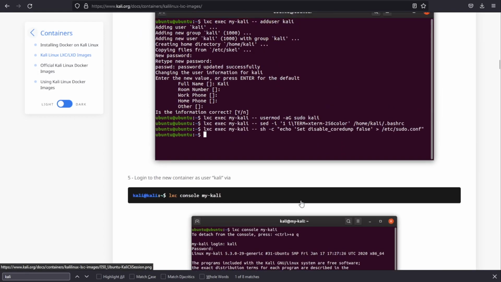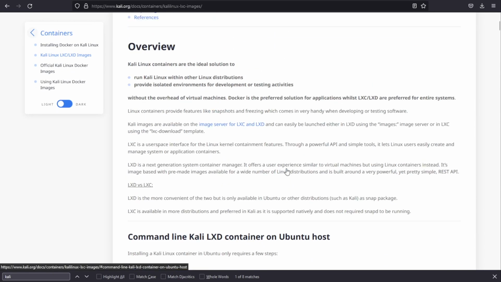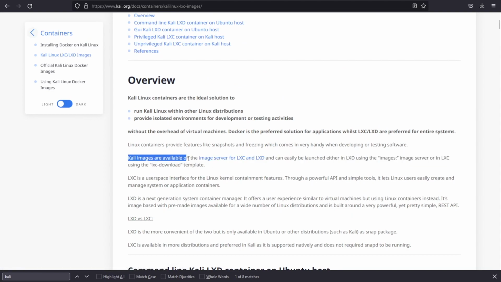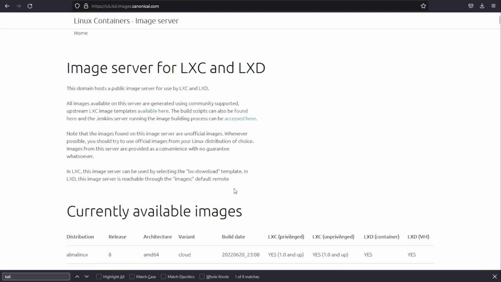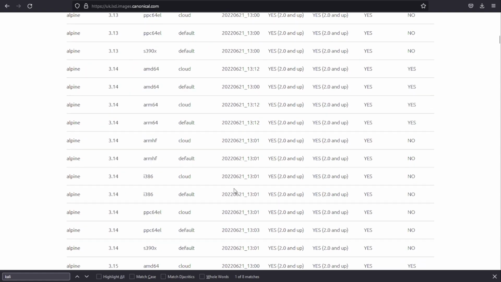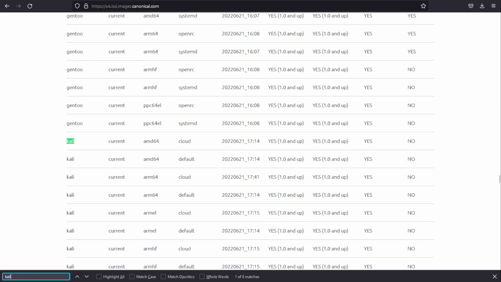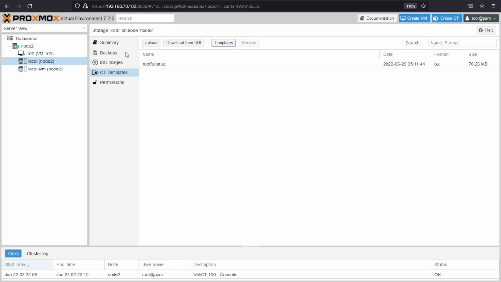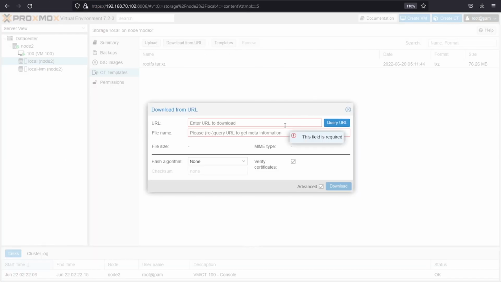So I mean, we could do that, but I wanted to get the images. Here it says that the images are available on this page. If you click on this page, you'll see these are the listings, and if you search for Kali, you'll find this version right here, the default AMD64, but there's no link. There's no way to click on it and download. And apparently, if you click on this link right here and say download from URL, and you paste it here and say query, nothing pops up. You need an exact file name in order to download